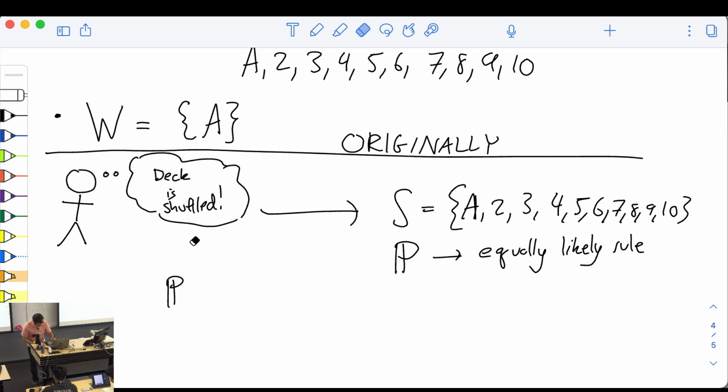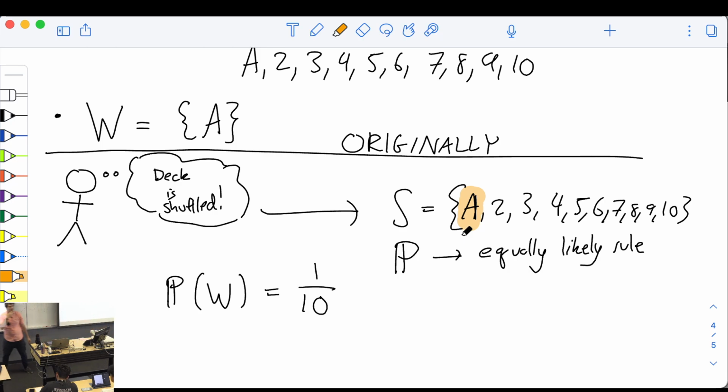Let me say the probability of winning, the event W, is 1 over 10. There's one card over here, and there's only one outcome that we win on. There's 10 outcomes total. They're equally likely, so the probability is 1 over 10. That's the original situation. But now we're going to have this funny, sneaky situation where before we reveal the card,